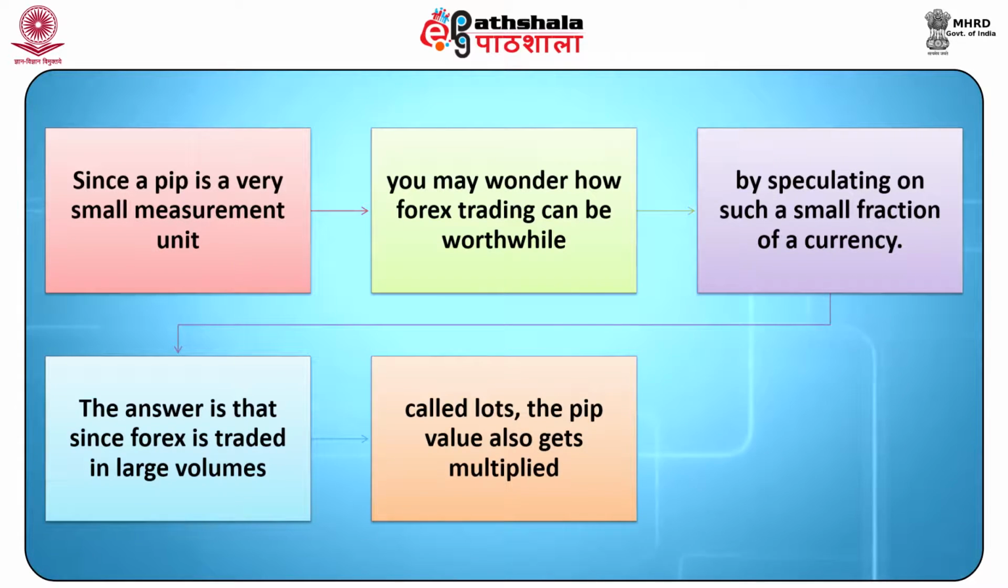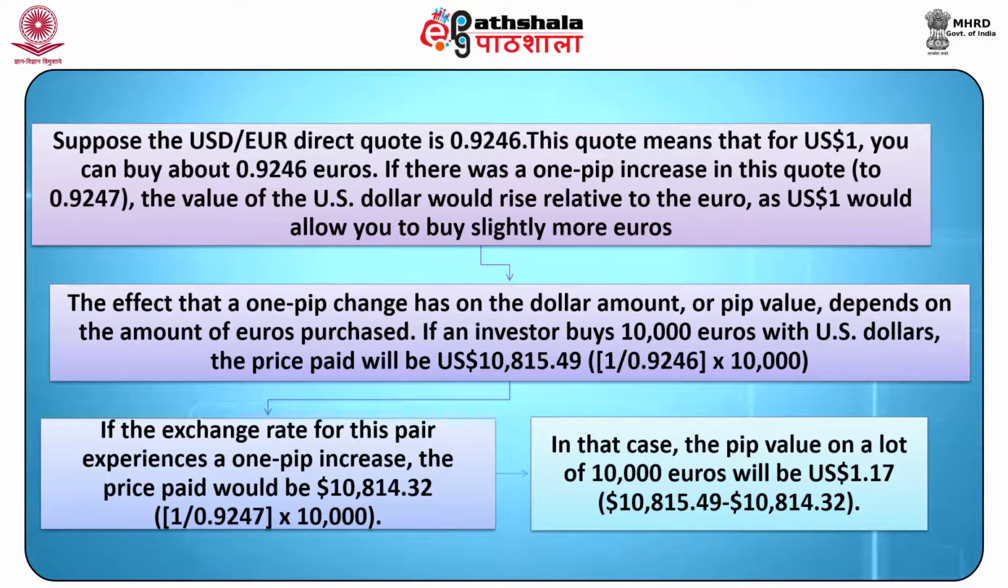The answer is that since forex is traded in large volumes called lots, the pip value also gets multiplied. The higher the volume you trade, the more each pip will be valued. This will be clear after studying the following illustration. Suppose the USD/euro direct quote is 0.9246. This quote means that for $1 you can buy about 0.9246 euros. If there was a 1 pip increase in this quote, that is to 0.9247, the value of the US dollar would rise relative to the euro, as US $1 would allow you to